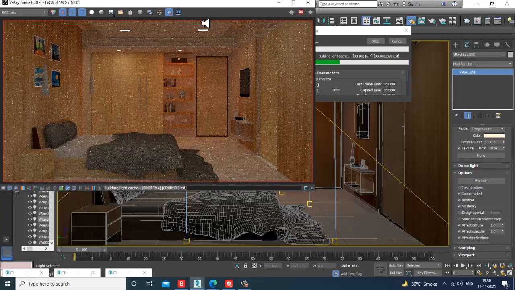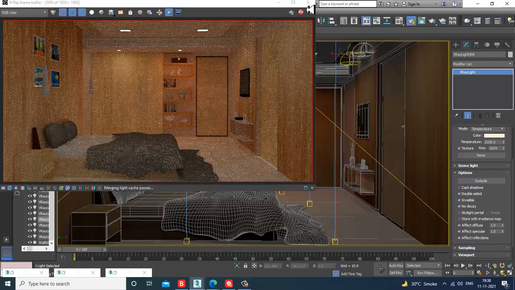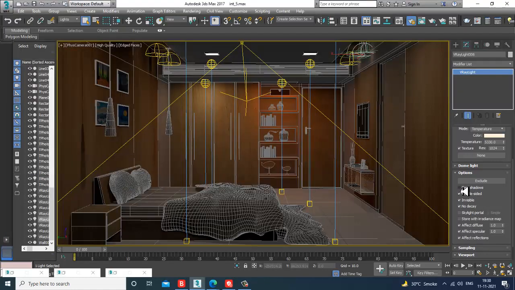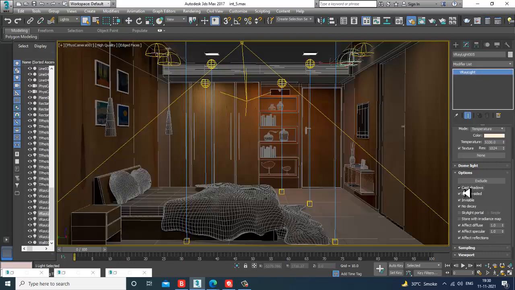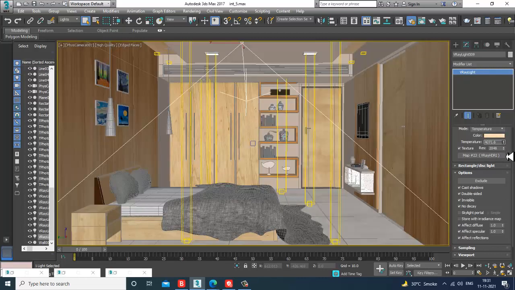Giving cast shadow would be a better option because we want some depth here. So we'll definitely activate this cast shadow option. We need that. I'll select this light and go into the temperature, and if required I can move towards a bit bluish.